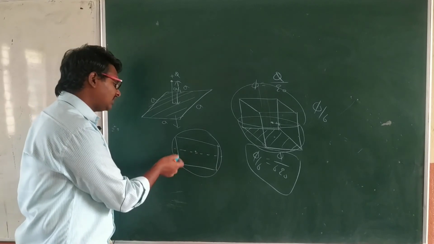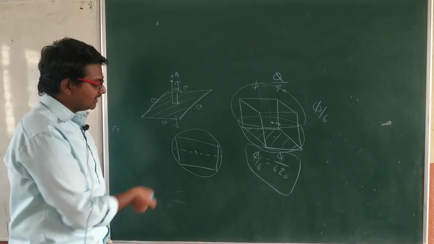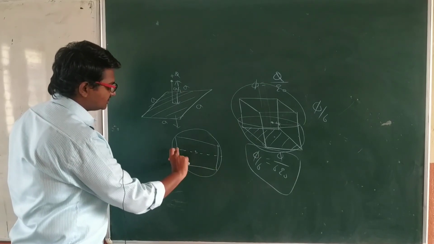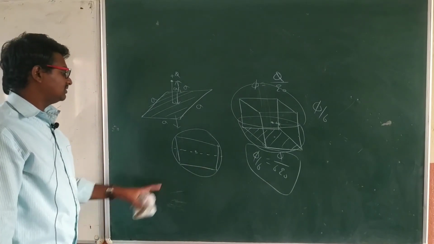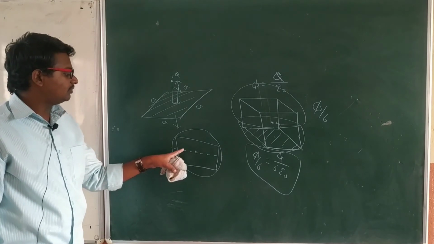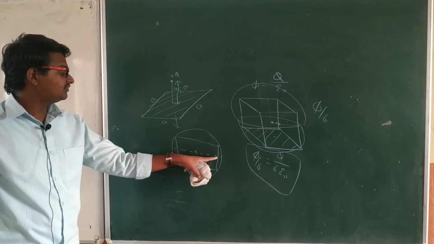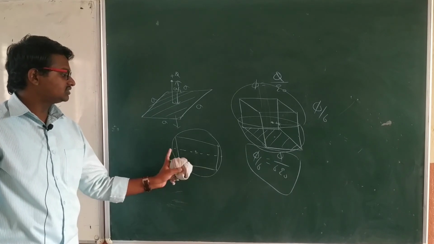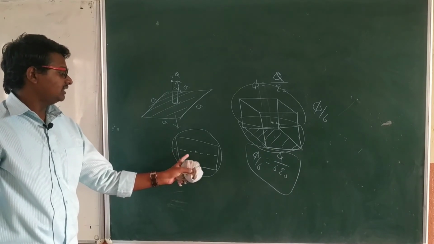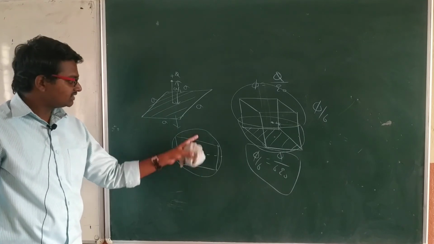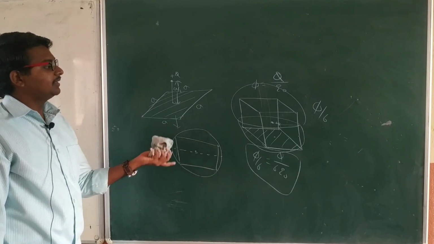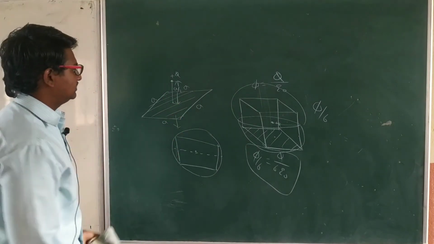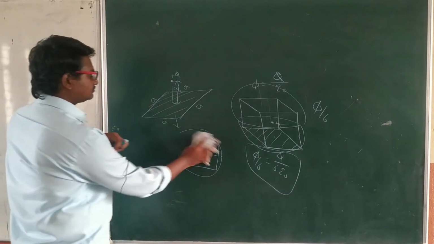Simply q by 12 epsilon naught, because this is half of this one, no? Half of this one is this. That is the reason. This one is going to get q by 12 epsilon naught, q by 12 epsilon naught, q by 6 epsilon naught. They both combined is equal to q by 2 epsilon naught. And this one if you add, q by epsilon naught, which will be equal to the complete sphere. That's it. This is all about this problem.